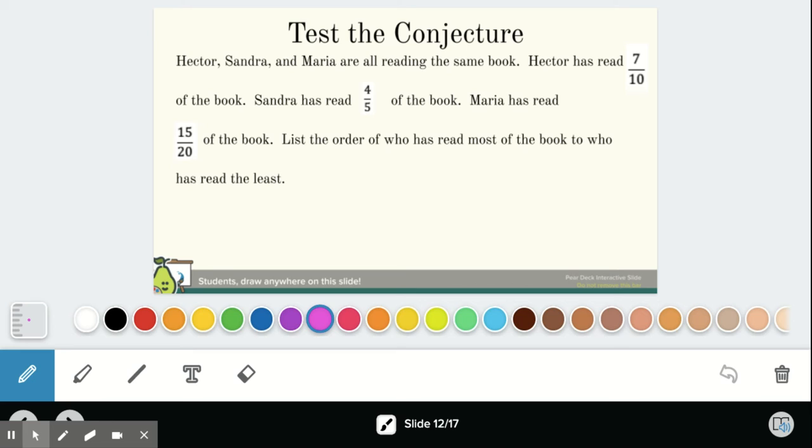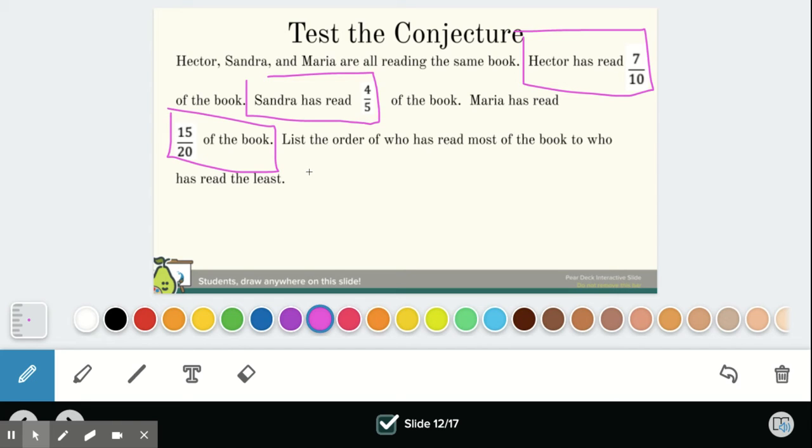All right, scholars, let's go over the test of conjecture. Hector, Sandra, and Maria are all reading the same book. Hector has read 7/10 of the book. Sandra has read 4/5 of the book. Maria has read 15/20 of the book. List the order of who has read most of the book to who has read the